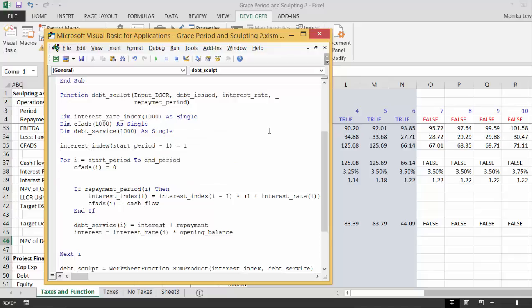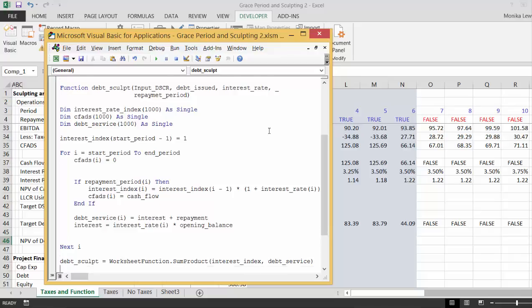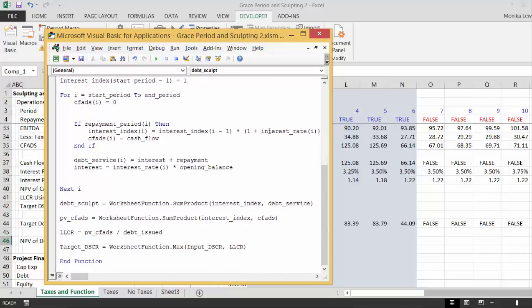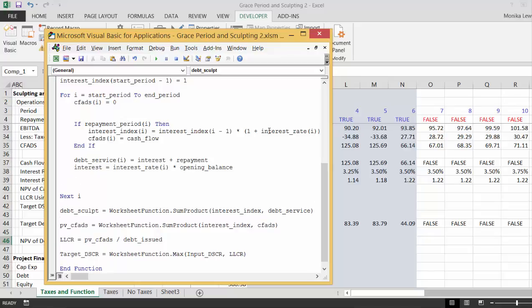Okay. Now, so we need somewhere that the target debt service equals CFADS divided by the target. Okay, and then we better make sure that target is greater than 0. And when we do all of this, okay,